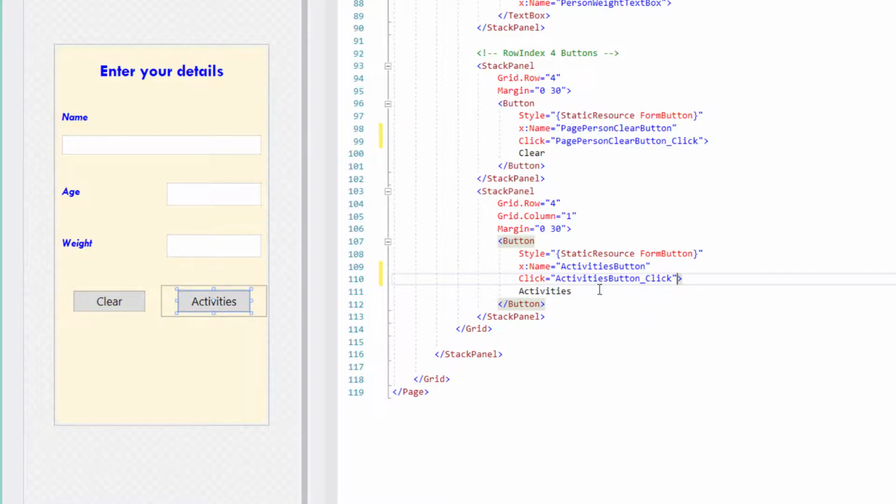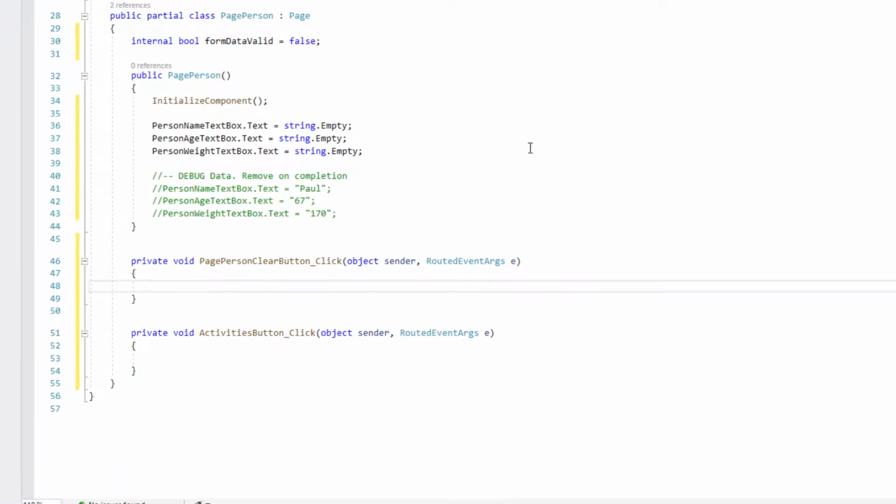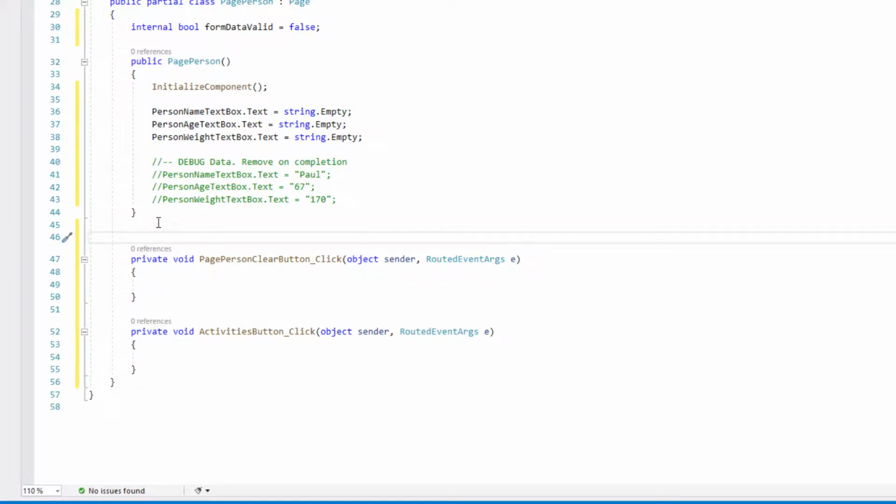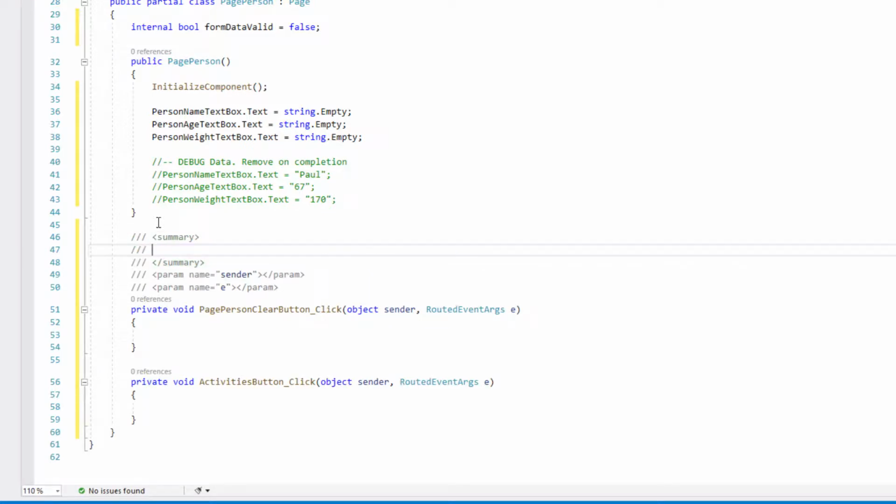If I go into either one, well, let's choose the clear click. If I press F12, it takes us straight into the code structure. Now this is where we should really, in order to be professional in our coding, we should do 3 tabs, and the events, just a short description. And this is really unnecessary, I suppose, but it adds a little bit of professionalism to the code. So what I'm going to do is put an event in this clear button,